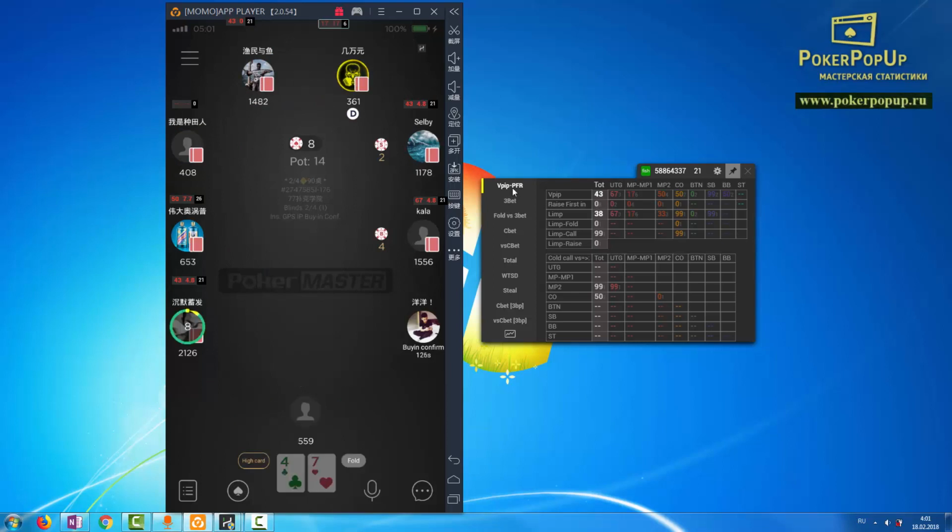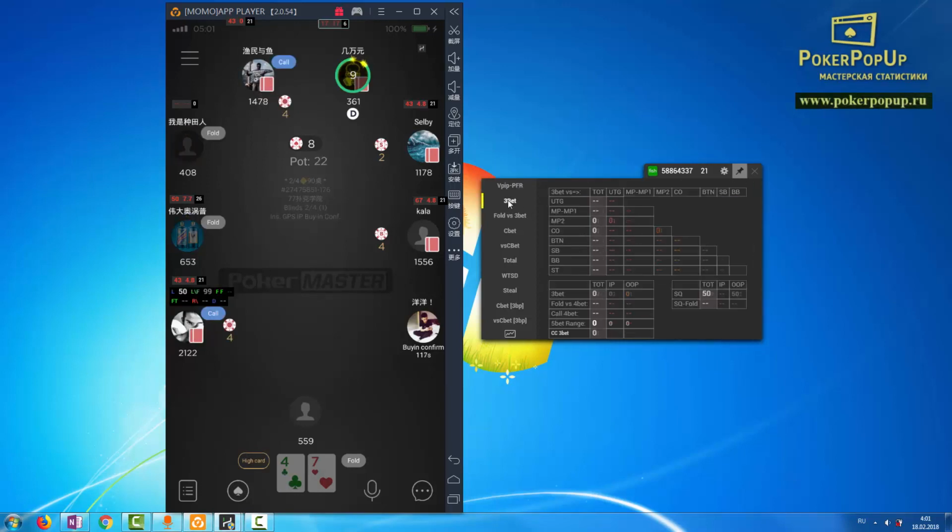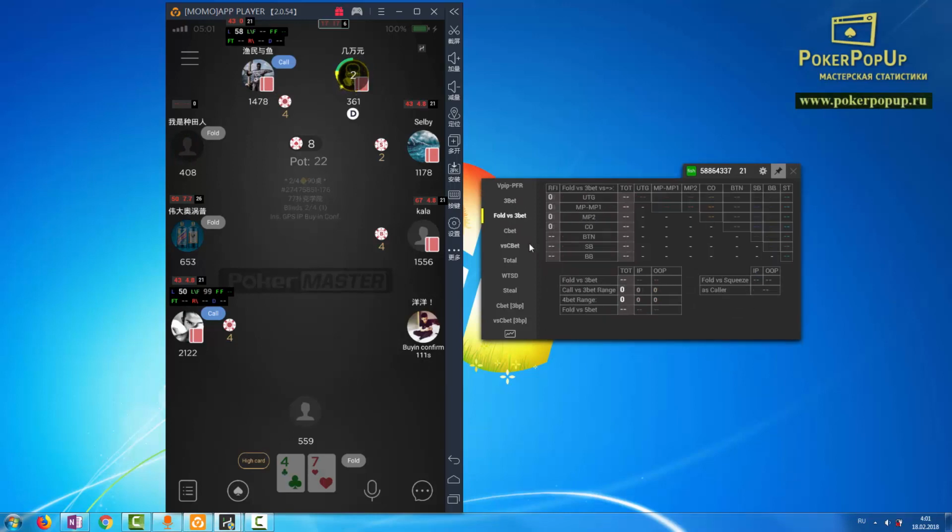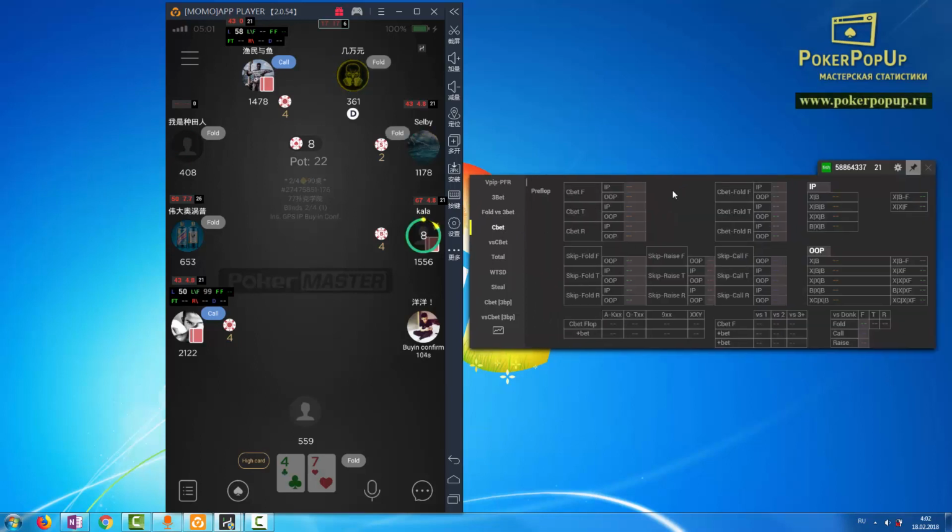Which tabs do we have here? First, pre-flop, a VPIP PFR in every position, as well as limp, limp fold, limp call, etc. Next we have the 3-bet tab, which shows 3 bets from each position against each position. Same thing for folding to 3 bets. And next we have post-flop stats, the cbet tab, which shows all the necessary stats that are related to cbet